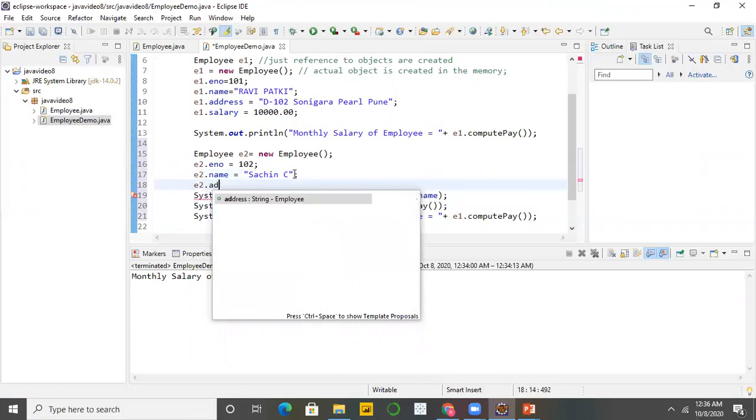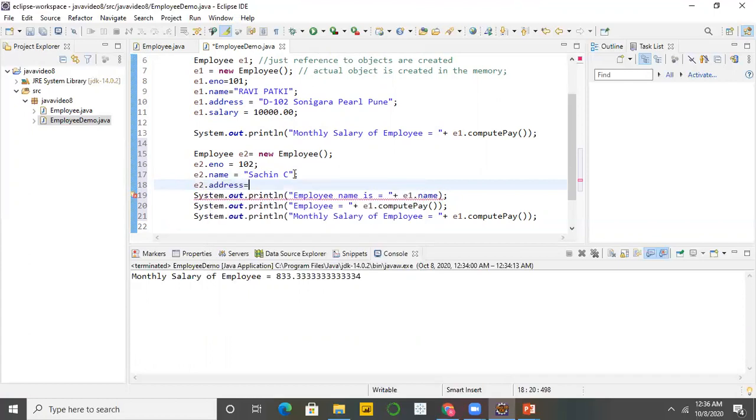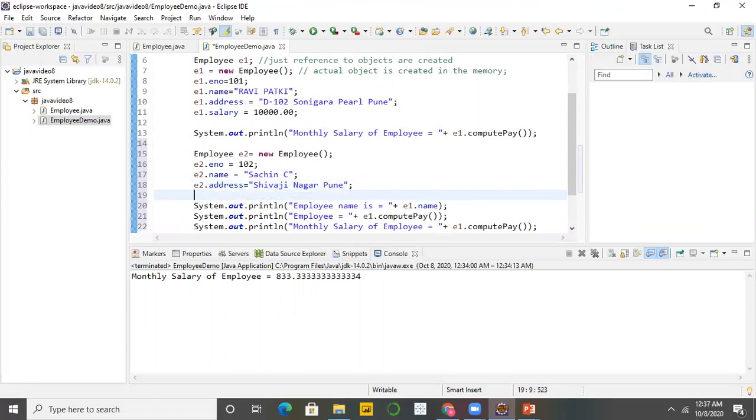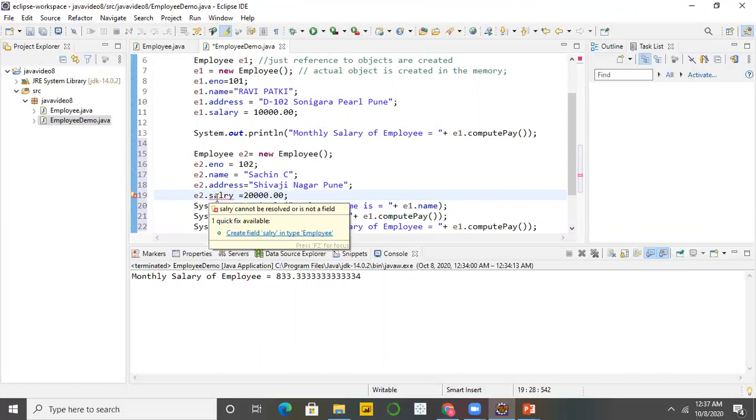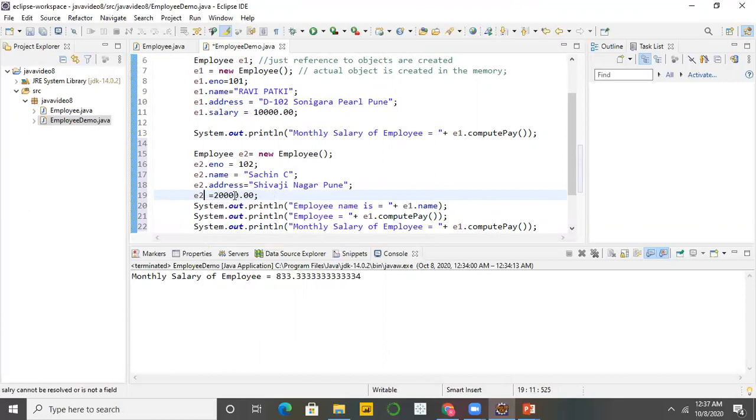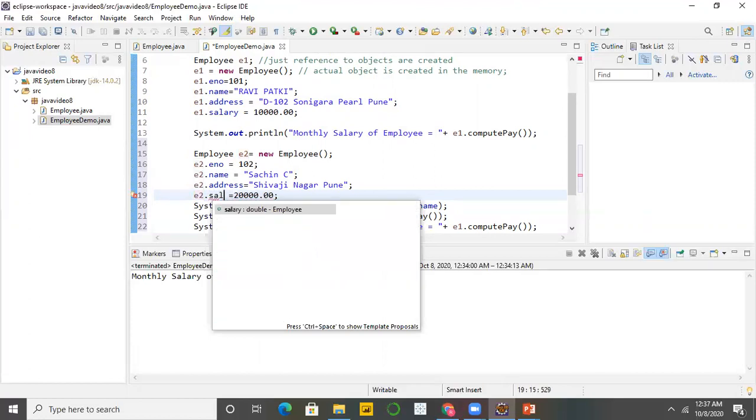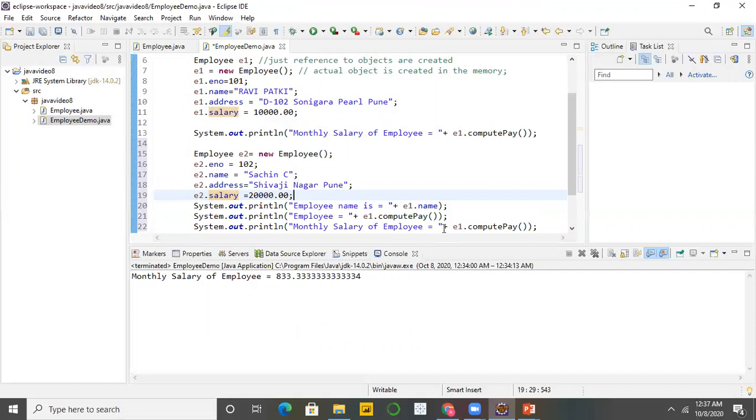E2 dot address equal to suppose Shivajinagar, Pune, and E2 dot salary or annual salary equal to suppose 20,000 rupees. Don't make typo mistakes.